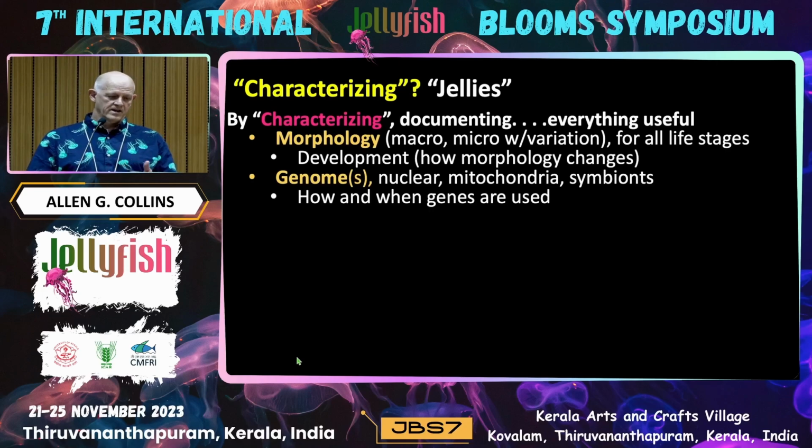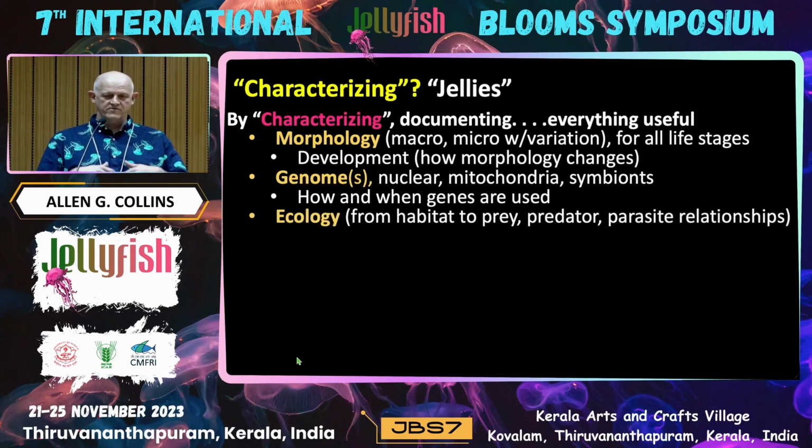And then likewise, we want to understand how those genes are used by the organism dealing with stress or any sort of the functions. So all of these things have been illustrated by the talks that have come before this. Of course, ecology, habitat to prey, predator, parasite, and other associate relationships are incredibly important. The behaviors matter to us. We're studying jellyfish blooms in this, or focusing on jellyfish blooms in this conference, and so behaviors are incredibly important